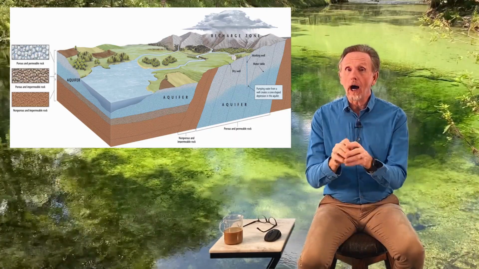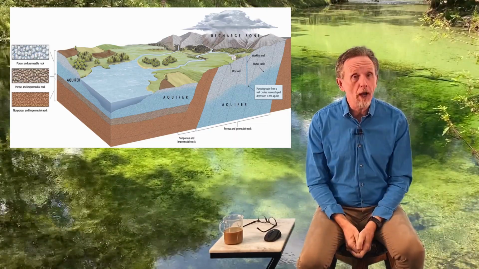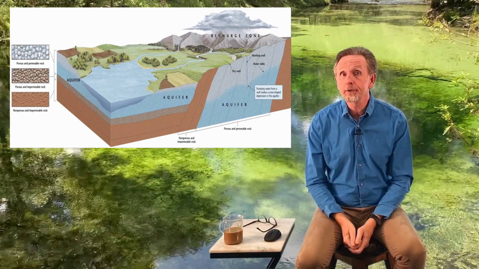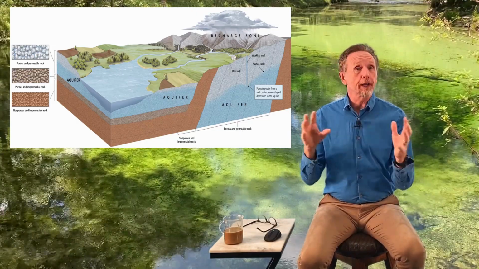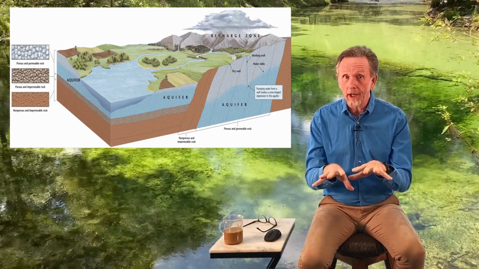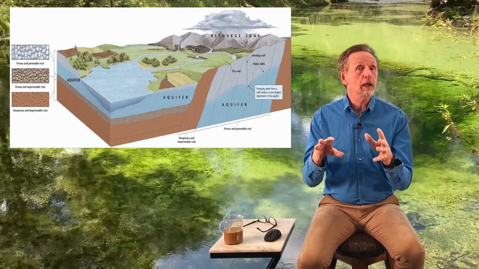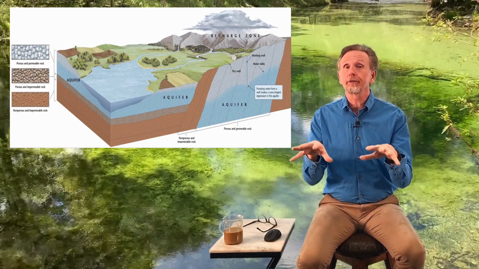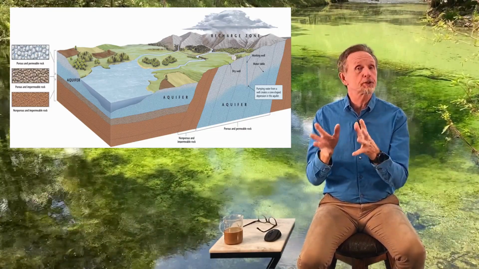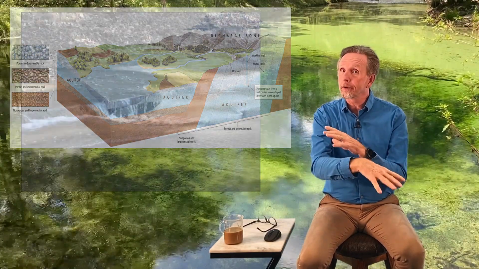Now, if the aquifer gets covered in something non-permeable, think a huge parking lot, the water can't get down. So if we build a city on top of an aquifer, we cut down the water footprint. Not as much water can now sink down into the ground. A lot of it gets channeled and runs off into the creeks and streams.